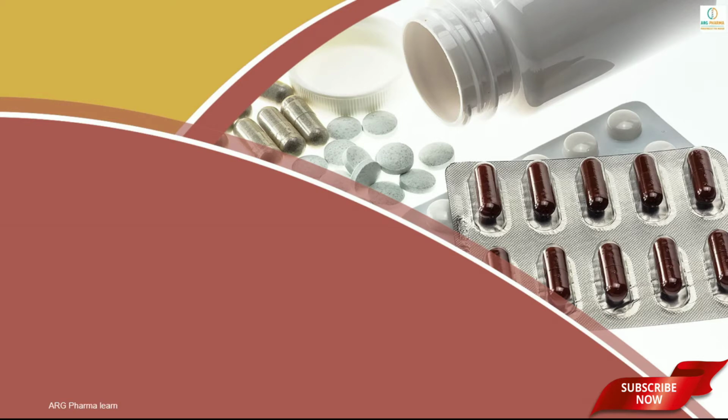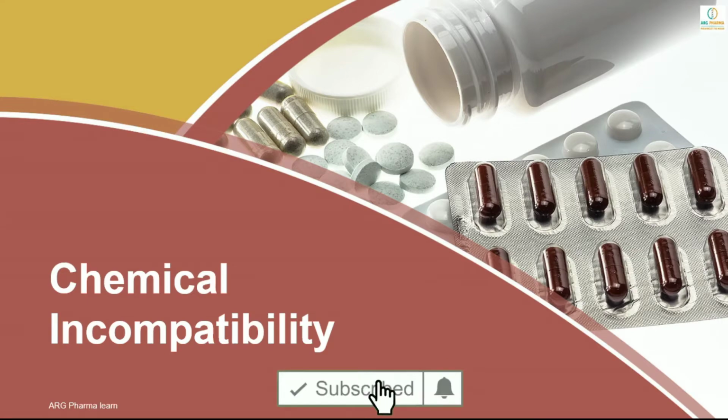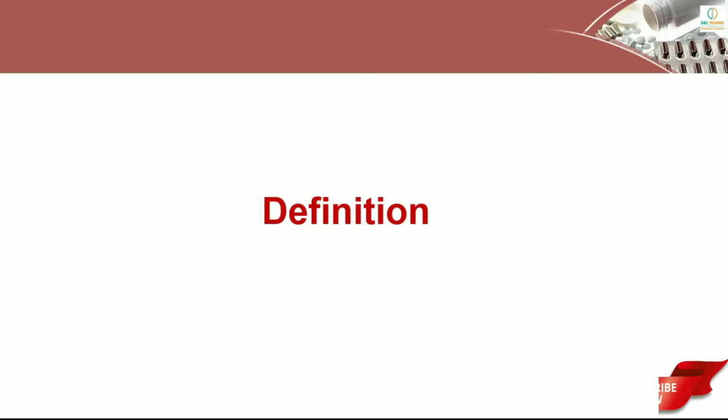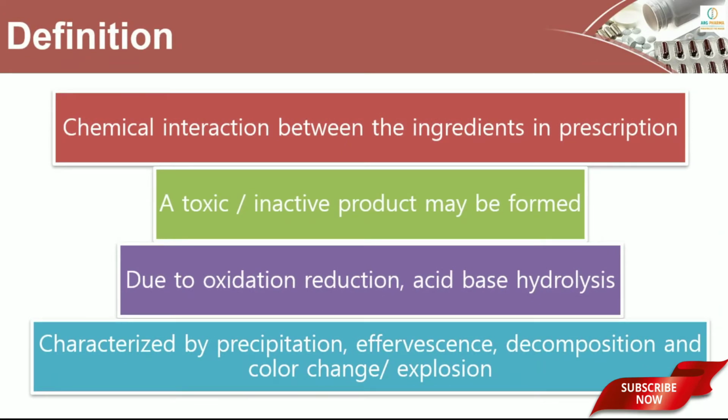In this video, we are going to discuss chemical incompatibility. In my last video, I discussed physical incompatibility. For your reference, I have given the link below in the description. Chemical incompatibility occurs as a result of chemical interaction between the ingredients in a prescription, and a toxic or inactive